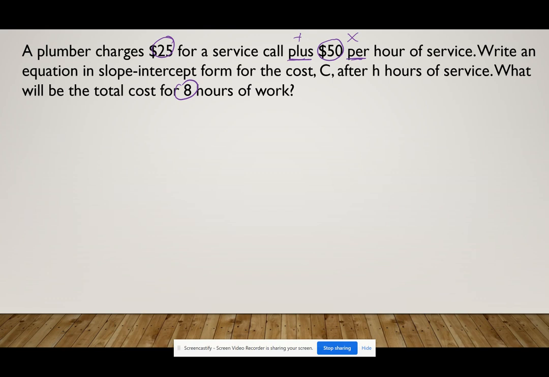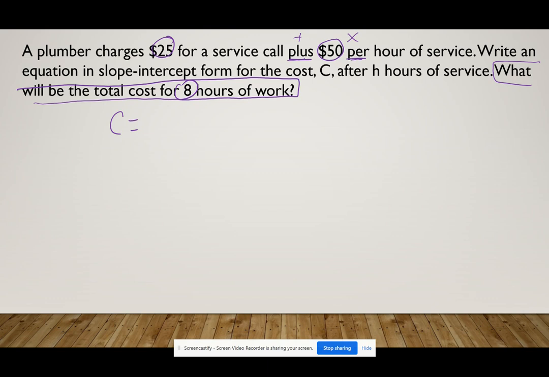Okay, and now we did our C, we did our U for underlining. B is box the question. And it says, the very last line, what will be the cost for 8 hours of work? Okay. E stands for write the equation. So in this one, like I said, we want to know the total cost. We don't know that. So I'm going to say C equals,